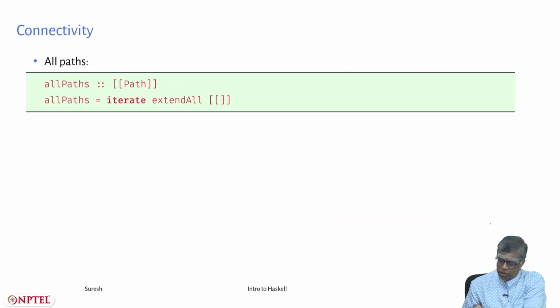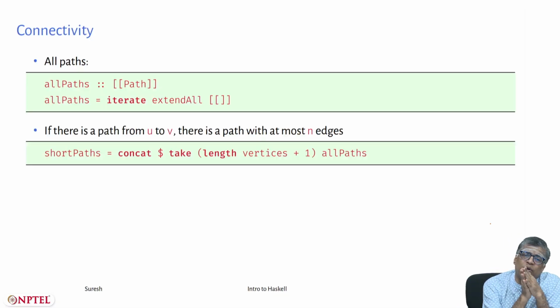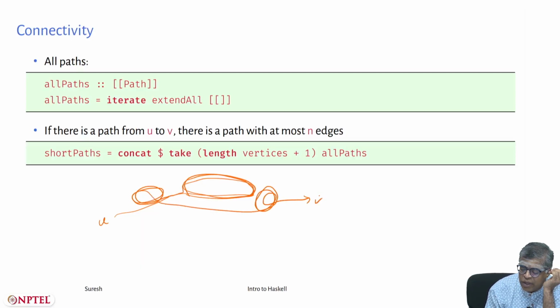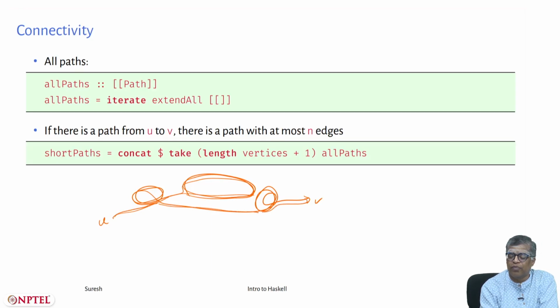Okay, so I have this. Now, if there is a path from U to V, there is a path with at most n edges. Why? Because if I go from U here and I have a path which might go through some loops, through this loop so many times, and then maybe it exits and goes back and does some loop here, and then exits some way and then does another loop, and eventually reaches V. Then what I can do is I can cut out all the loops, and instead of going here and then going there and coming back and doing this, you could directly go here. And instead of going through this loop, you could directly go to V. Okay. If there is a path with loops, there is a path without loops.